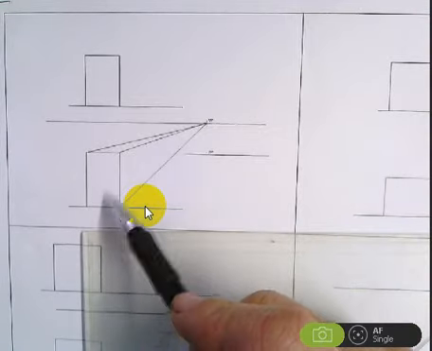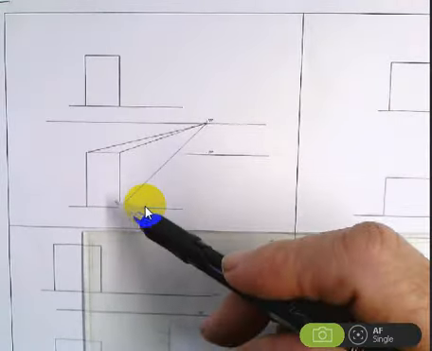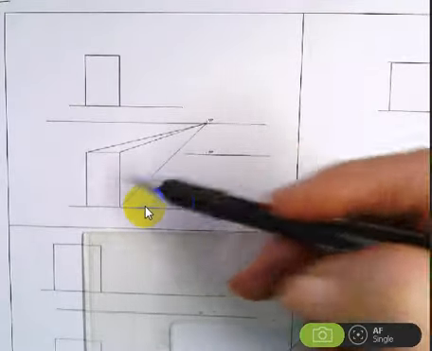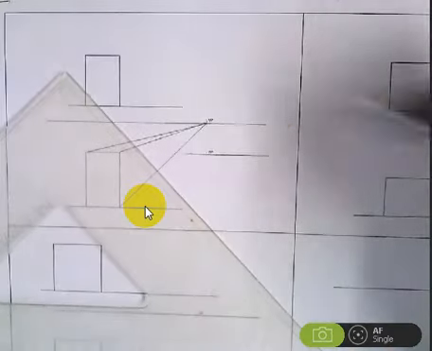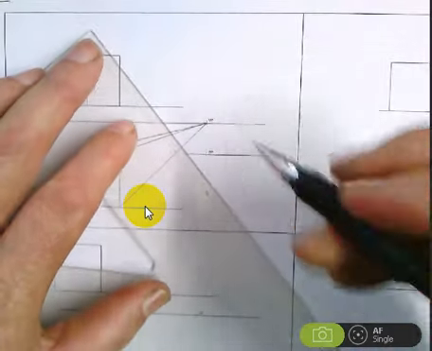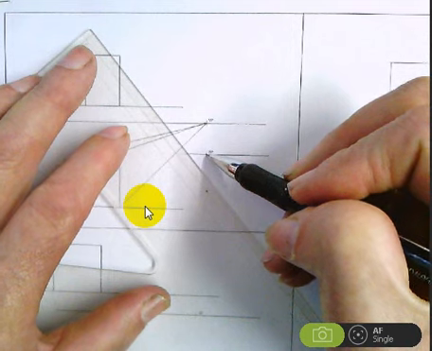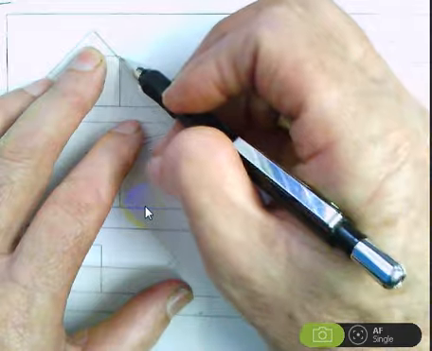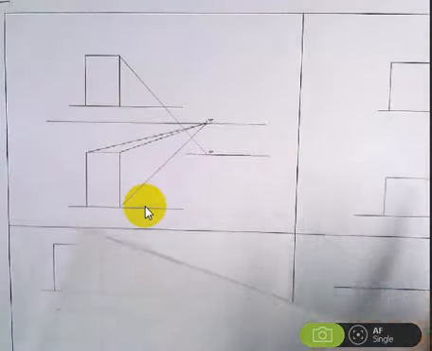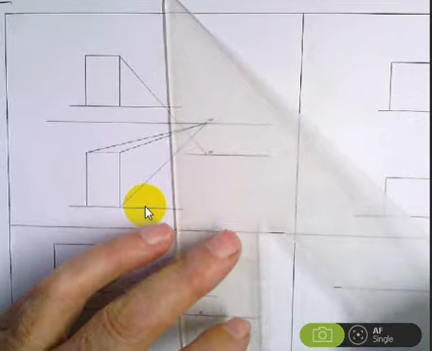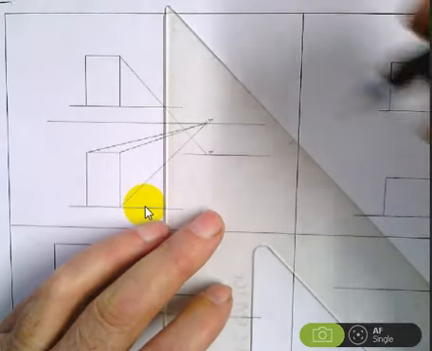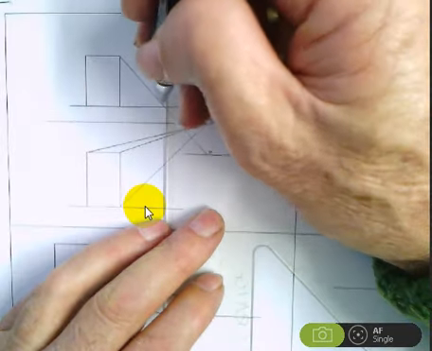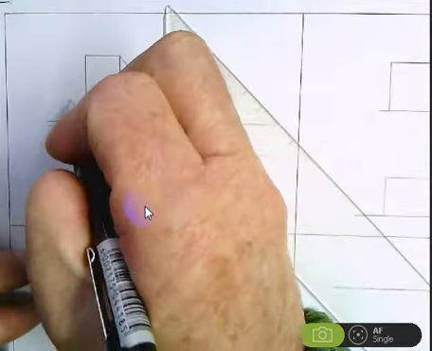And now what I need to do is get my depth. In other words, how deep this is in from the front view. And now my top view and my SP, my stationary point, work together. So I line up SP with one of these points here, because it's just a normal rectangular block. I only need that one point for this drawing. And once I've done that, where that line from the corner to the SP cuts the picture plane, remember this over here is your